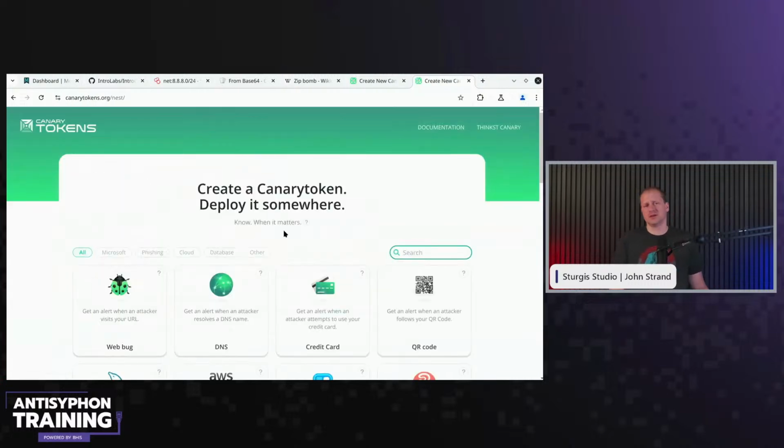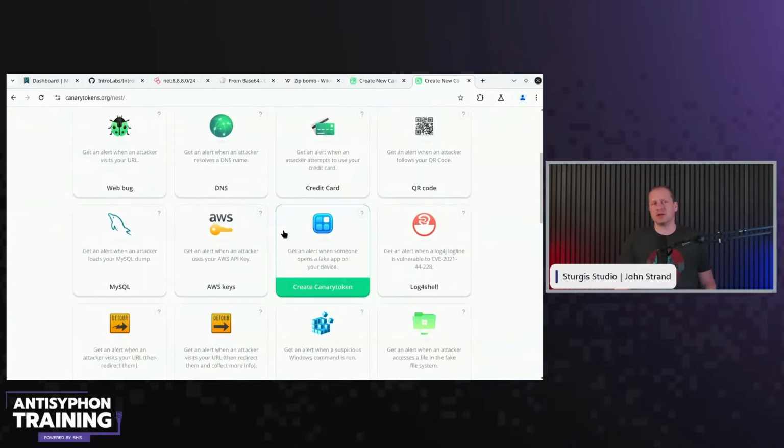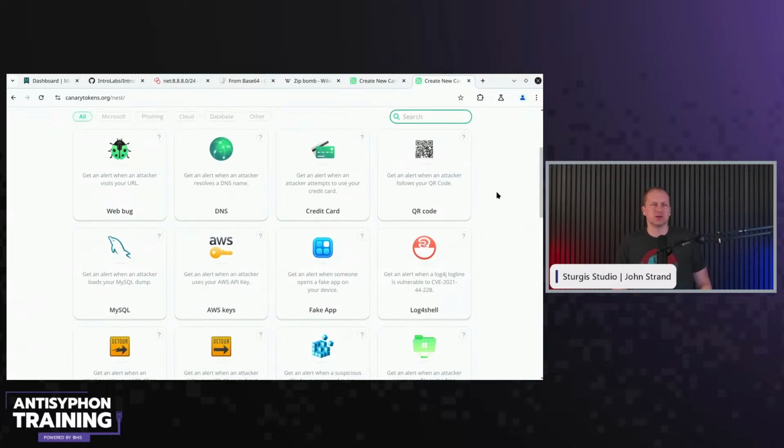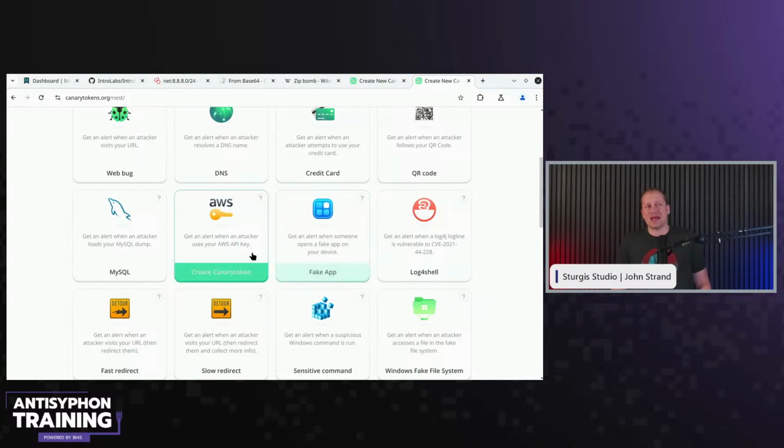And you have a number of Canary tokens, and you have to set up these Canary tokens. A lot of these are done by a friend of mine, Casey Smith, or SubTee, who worked at Thinkst. He's left Thinkst. He's moving on, doing his own thing, doing some subcontracting and things of that nature. But we have Word, web bug, DNS, credit cards, QR codes, Log4Shell, a fake app, AWS